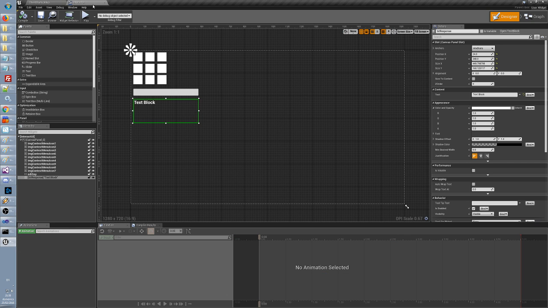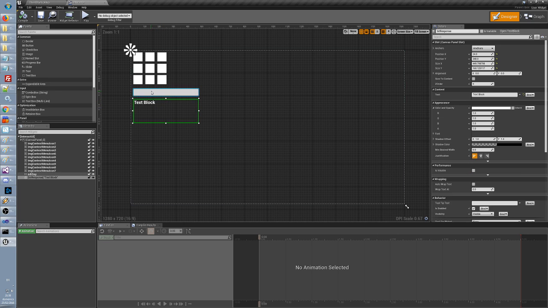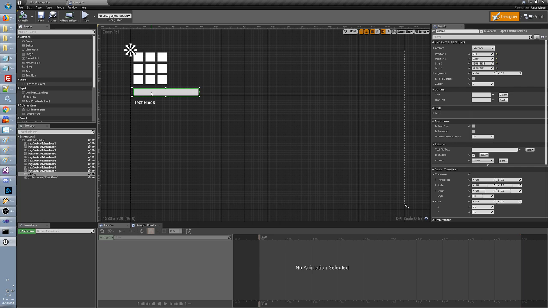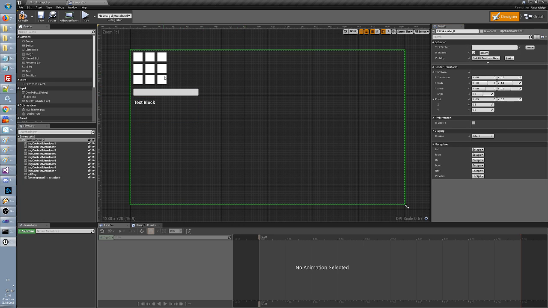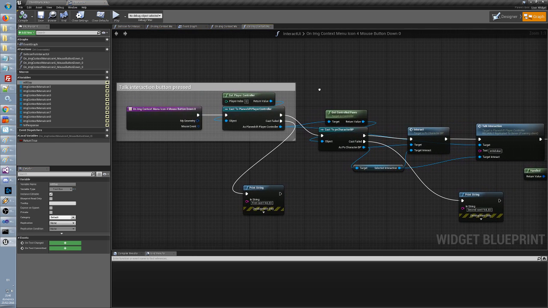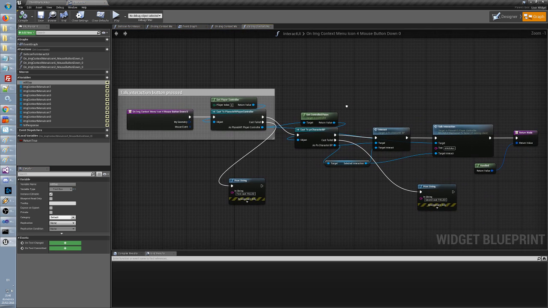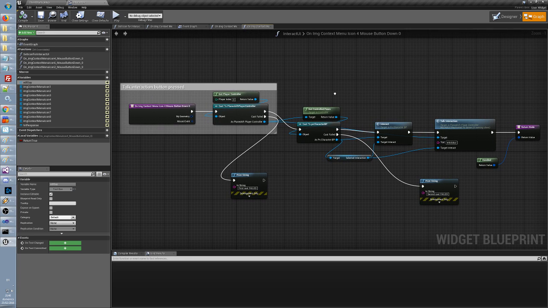So this one is named properly already, this one is named properly already. We just need to make both variables, otherwise if those are not variables I don't see them in the editor. So you have to click here on is variable if you want to see them, and then we go to the graphs, and exactly here when we push the talk button,